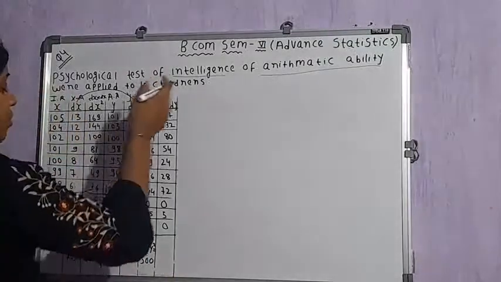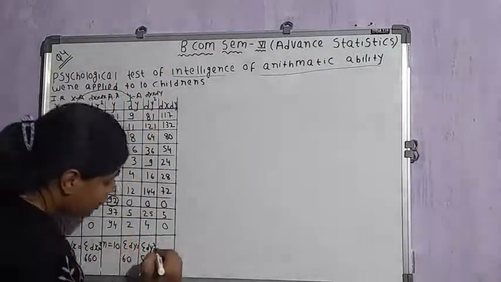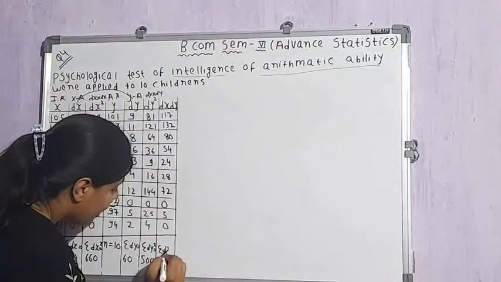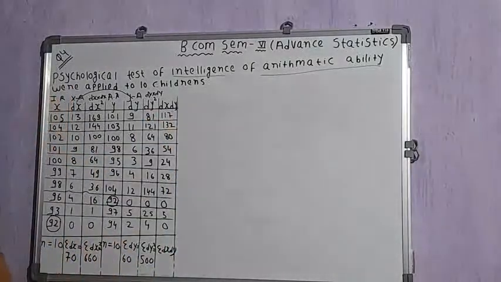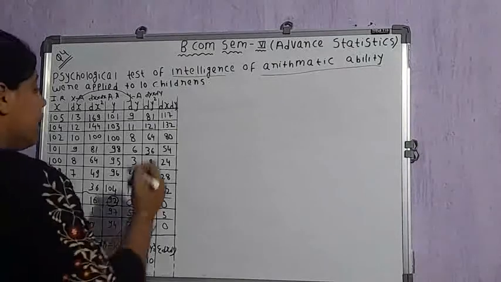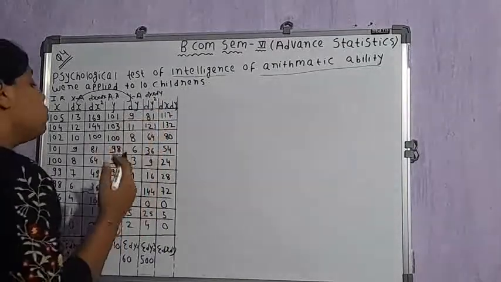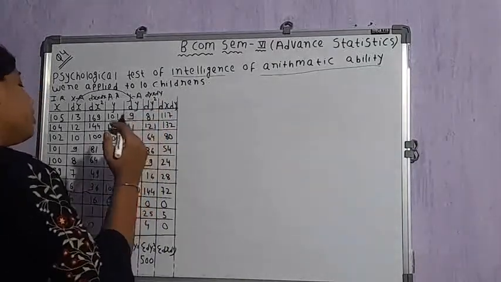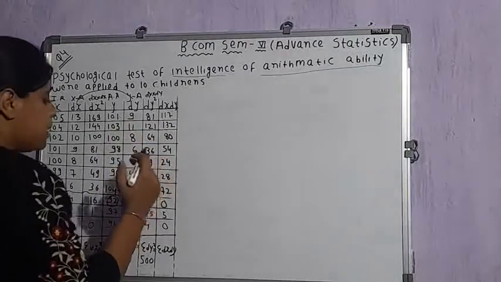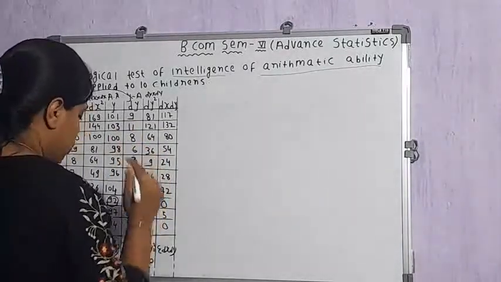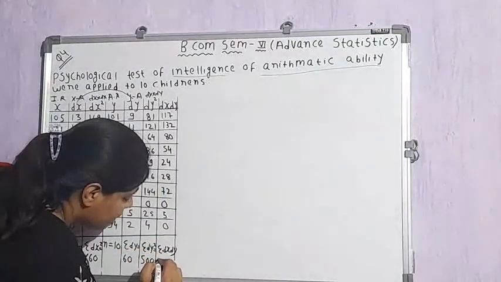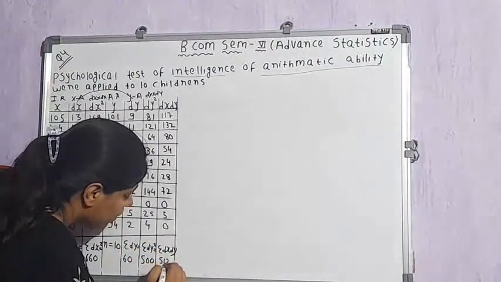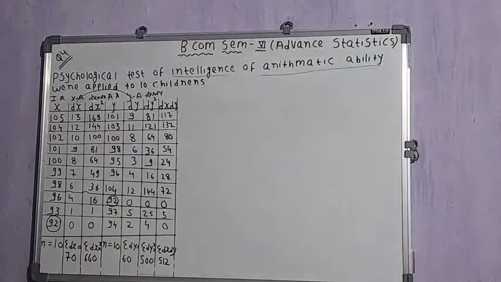Then we have summation dx dy. How will we calculate summation dx dy? We will again have to add all these numbers for calculating summation dx dy: 170 plus 132 plus 80 plus 54 plus 24 plus 28 plus 72 plus 5. So we would get 512. So that is why we will say summation dx dy is equal to 512. This way we have completed our preparation chart.